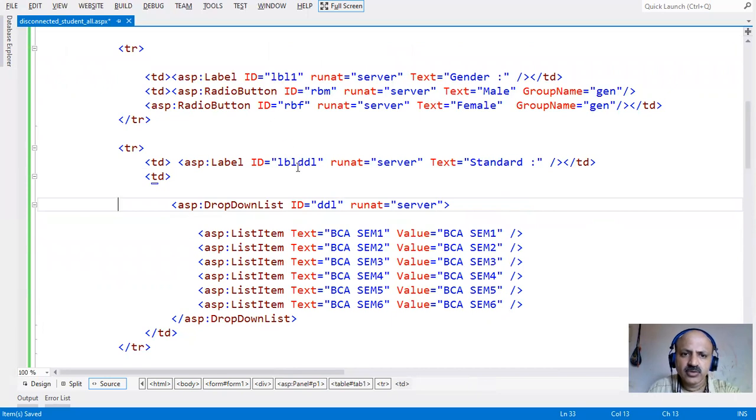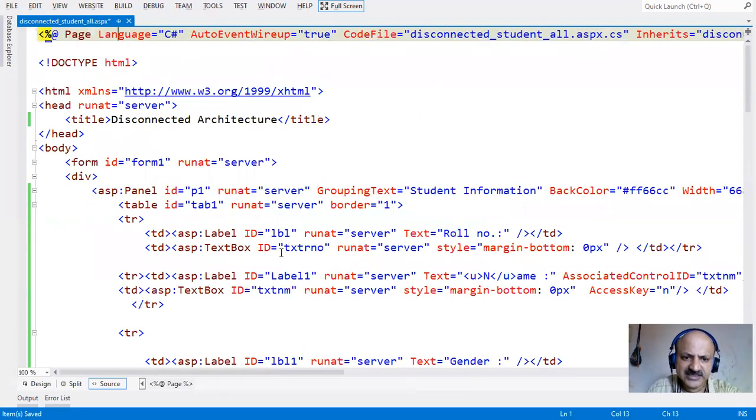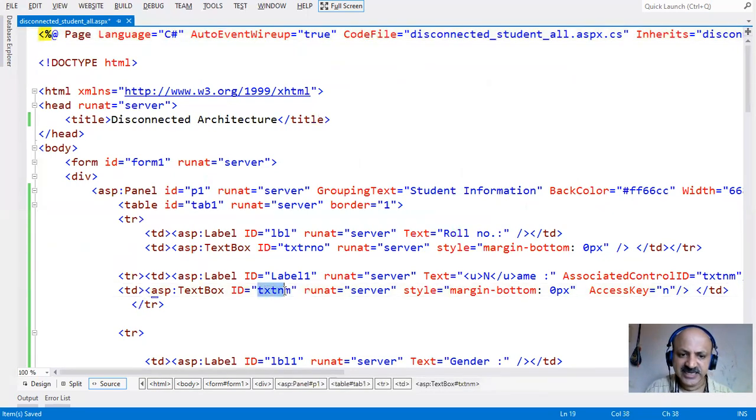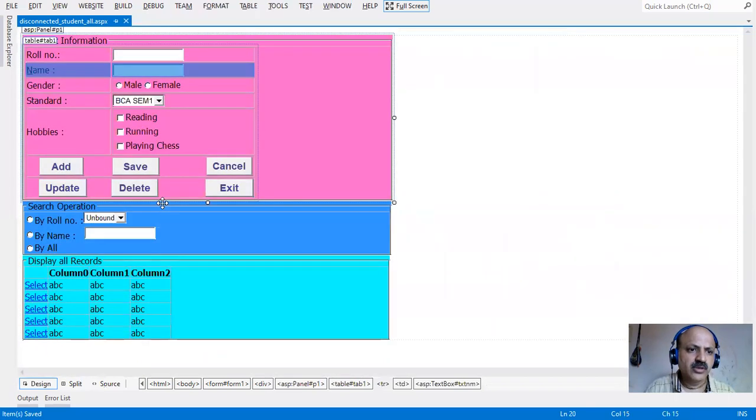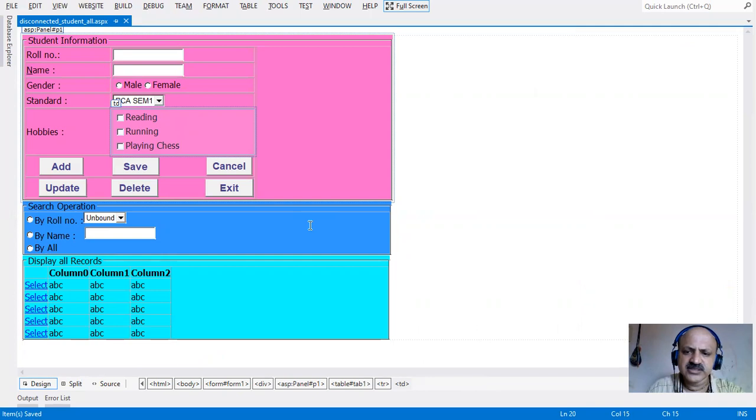One label we keep as it is, some labels we can change initially, but otherwise the label does not require coding. Whenever a control requires coding, you give the prefix like txtNm. txt is the prefix for text box, so we can easily find out which control is working in our coding part. So let us see how our design looks. If you change some color, there is no requirement, we cannot waste our time, and can directly start.